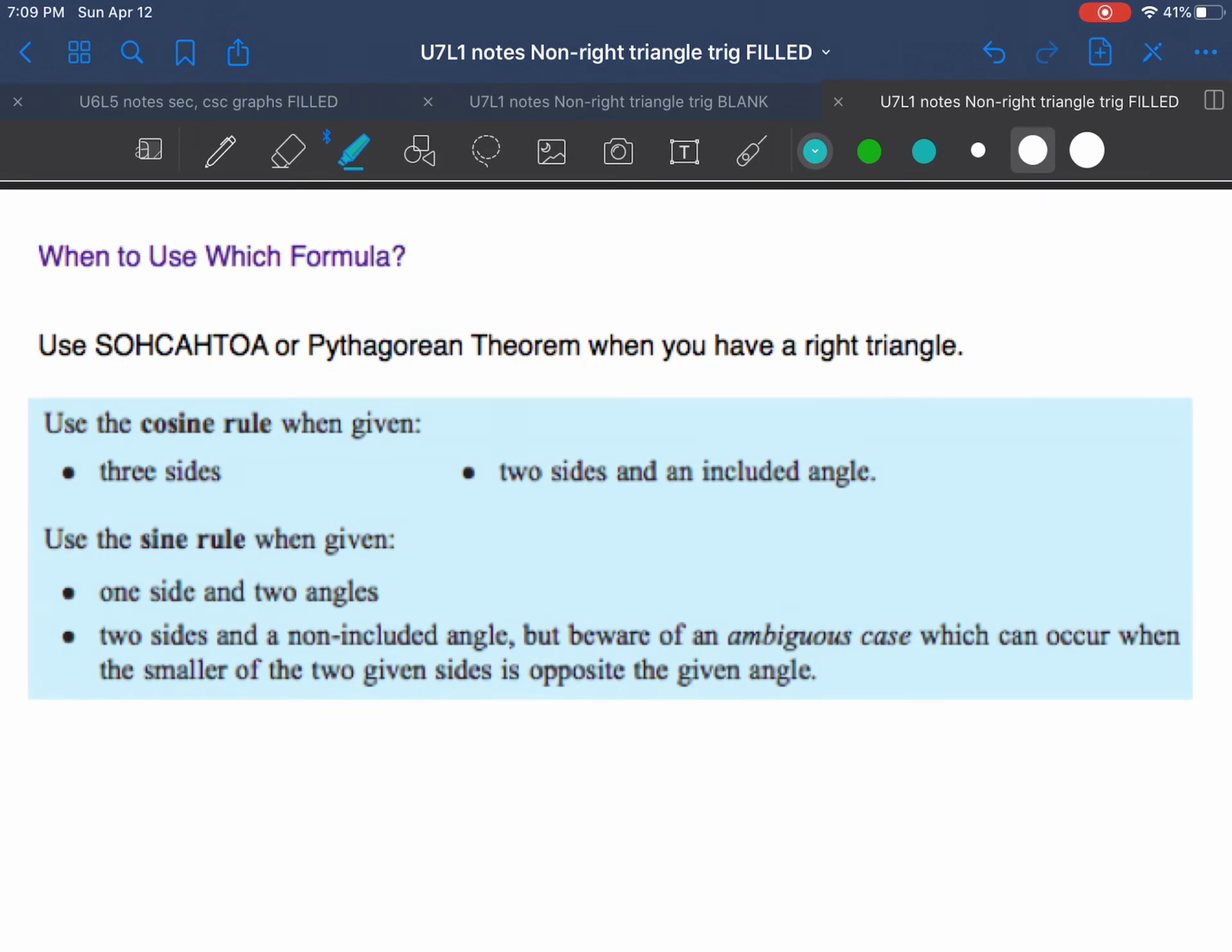This will be a faster slide: when to use which formula. So back to basics. If we have a right triangle, right? The whole reason we're learning this stuff is because if we don't have right triangles. But if we have a right triangle, keep it simple. Use your SOHCAHTOA. Use your Pythagorean theorem. Okay? If you don't have a right triangle,